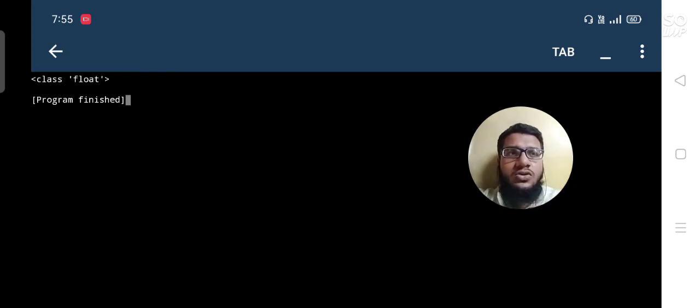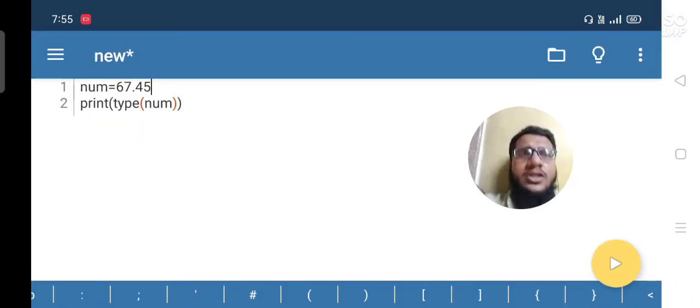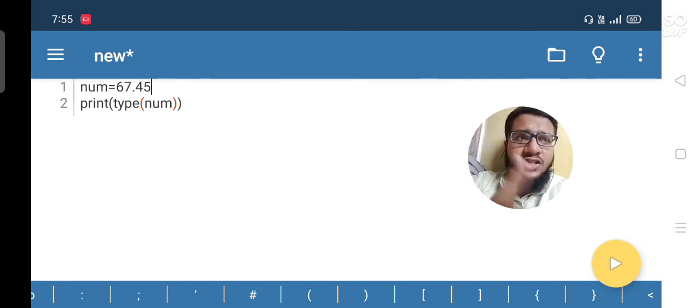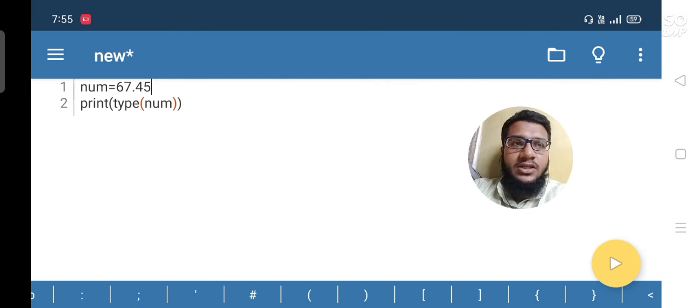So these are the three data types we have learned, through which you can know that Python stores many types of data. In Python you have string data type, number data type, floating point data type. And with the help of the type function you can know the type of the data, and with the help of the print function you can print the data which is stored inside the variable. I hope you have understood what data types and variables are. If you have any doubt, you can comment under the video.